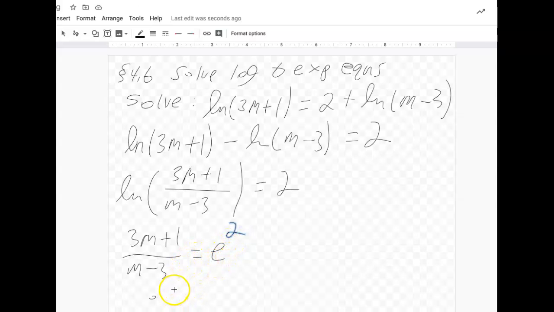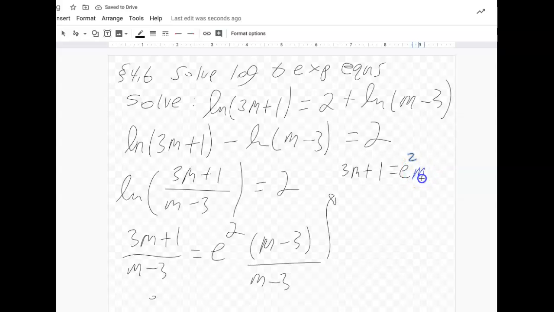All right, to solve this logarithmic equation, what we want to do is get the denominators the same, so I can multiply m minus 3 on the top and bottom. And it might be really tempting at this point to evaluate e squared as a decimal, but this decimal is going to go on forever, so I would encourage you to just keep it as that constant. We'll end up with 3m plus 1 equals, and then distribute the e squared